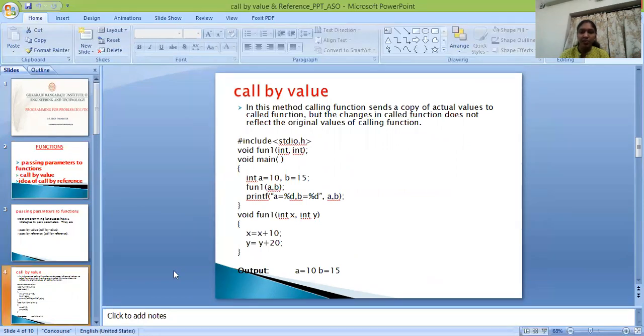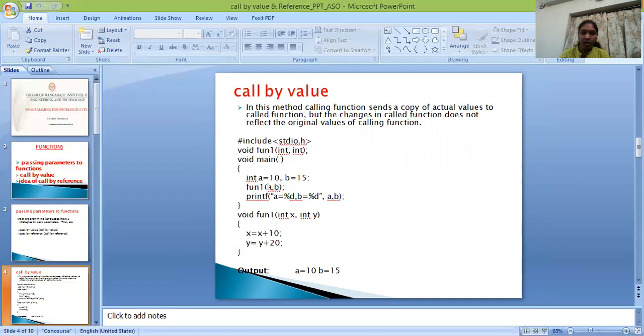This is the example for call by value. Here function 1 is the function declaration. All of you know about this. Void function 1 (int, int). I can take a is equal to 10, b is equal to 15 as values.